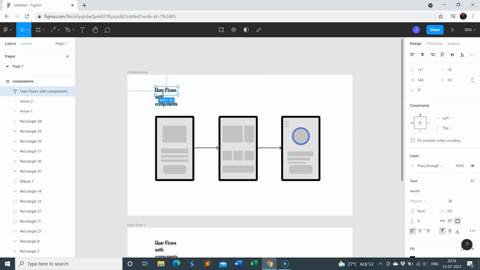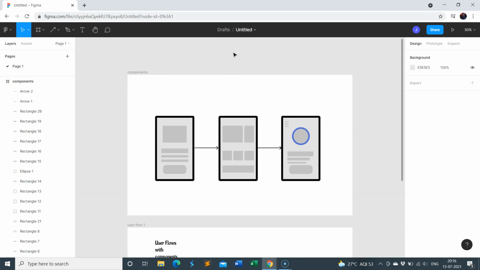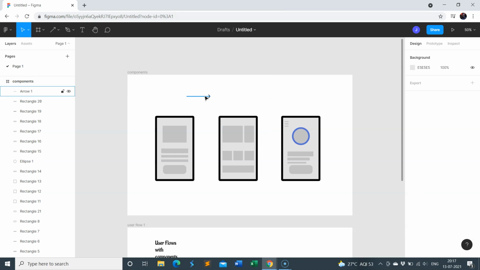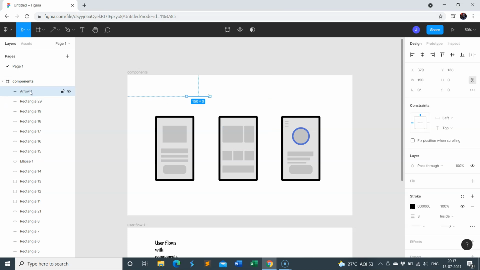Now what I'm going to do is I do not need this text element anymore, so I'm just going to delete it. So all the things which I do not need, I'm going to delete them. Now this arrow is going to be a separate component, and I do not want two arrows because they are pretty much the copy of each other. So one arrow will be sufficient. So I'm just going to use this arrow, and I'm just going to rename this as